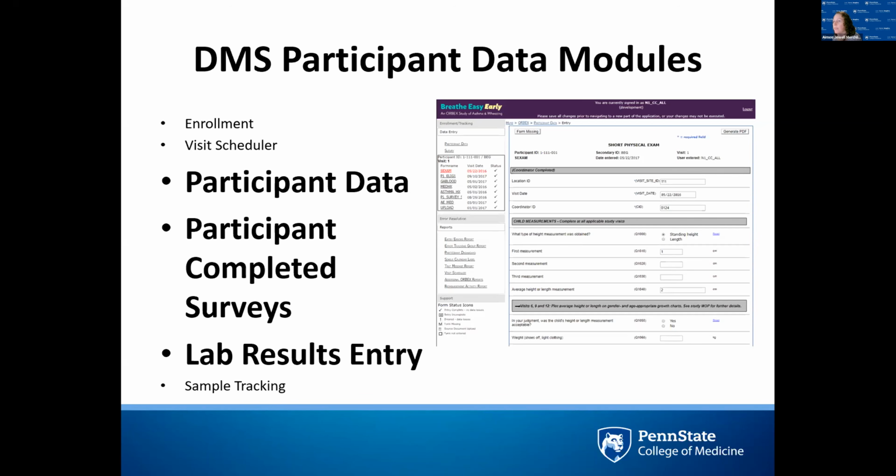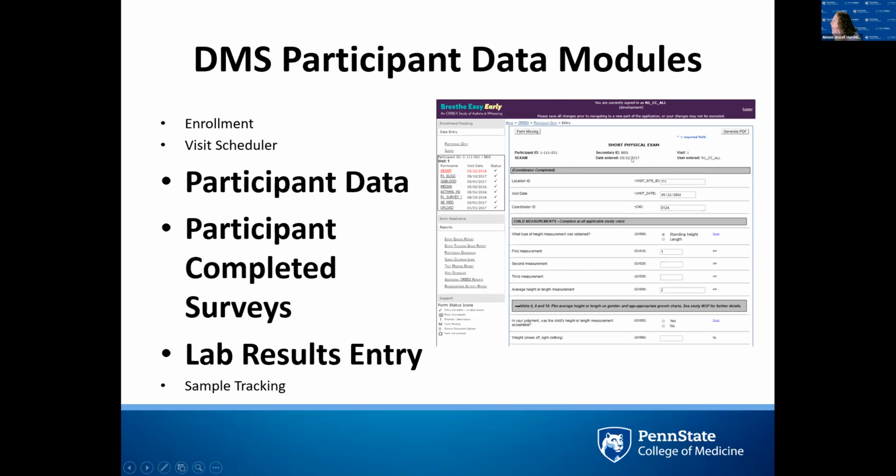In addition, if a form has source documentation available, this can be uploaded to the system and then later verified by a data manager or monitor for accuracy. Each protocol can be configured to allow participants to read email invitations to complete surveys, and these surveys then can be monitored by the site coordinators or the DCC staff within our department to make sure that everything's being answered